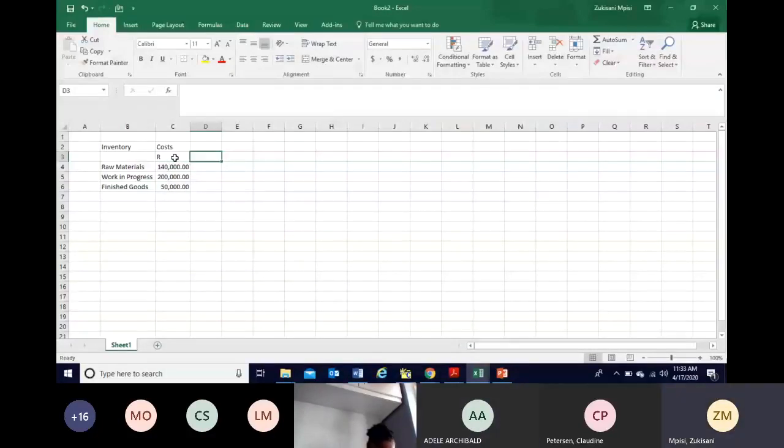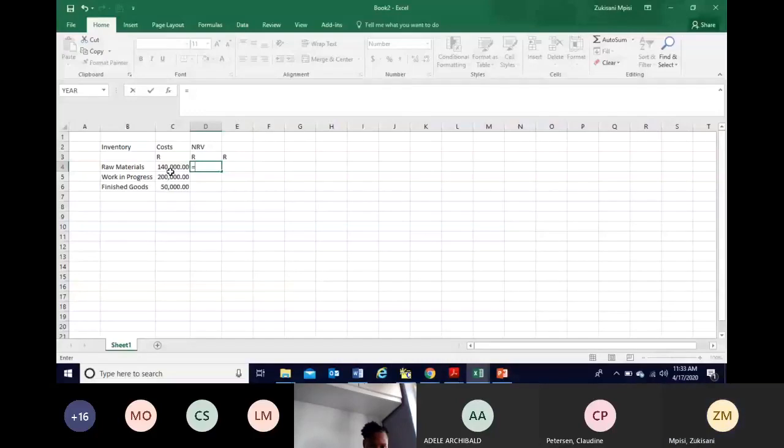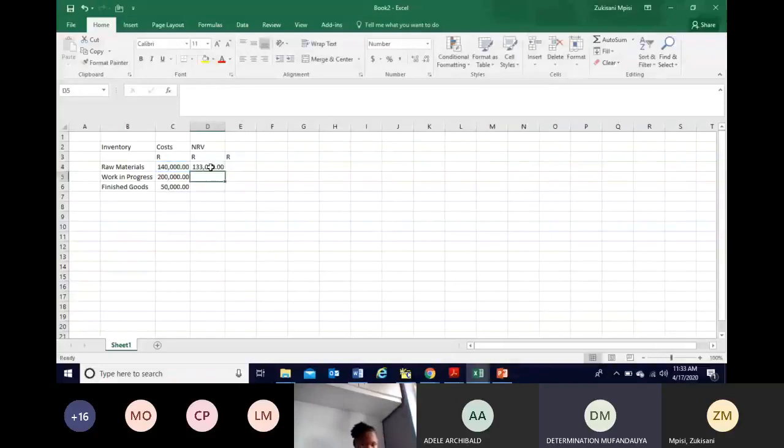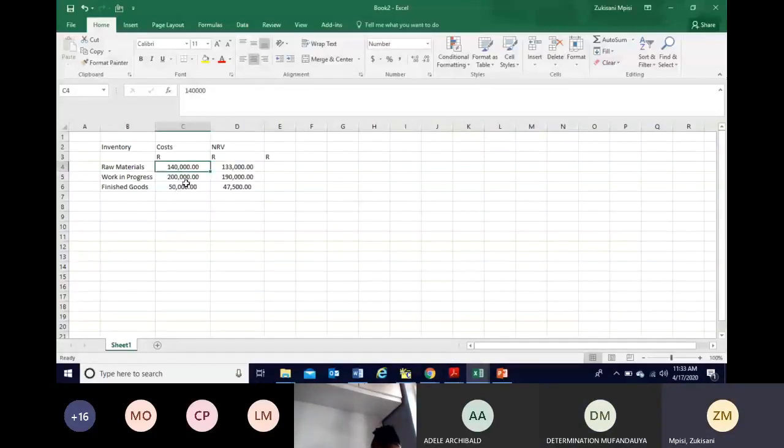And this is what you've been told. This is your NRV. And in terms of your NRV, what you have been told is that all of them are at less than 5%, which means that all of them are actually... So basically this is what this says. Is that your raw materials is 140,000 at cost, work in progress 200,000, finished goods 50,000, and then if you